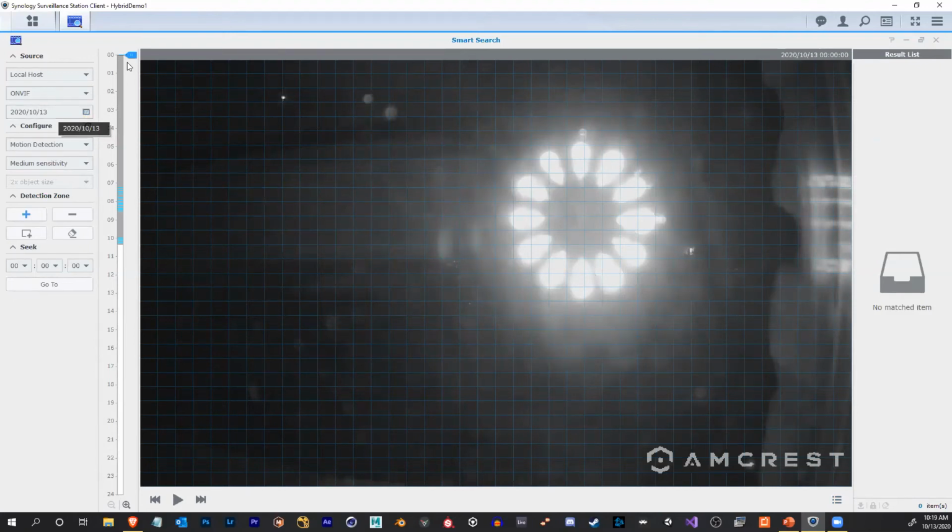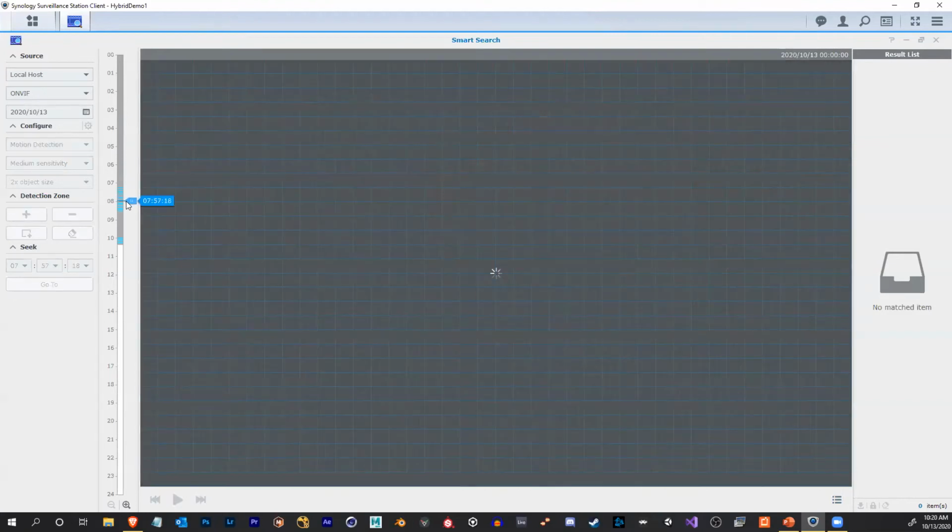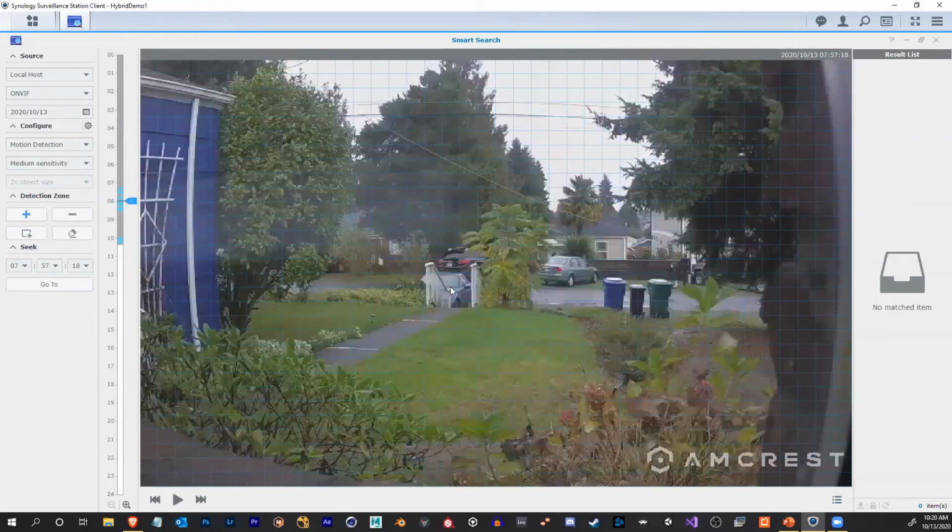And what I want to do is just scroll forward a bit. Well, let's go to this morning around 7:57 a.m. That sounds great. So let's say that I'm looking for a particular thing. I'm curious when the garbage people came by and if they grabbed my garbage yet. Now, I'm notoriously lazy, so I could walk outside and check that myself, but I'm going to check that out